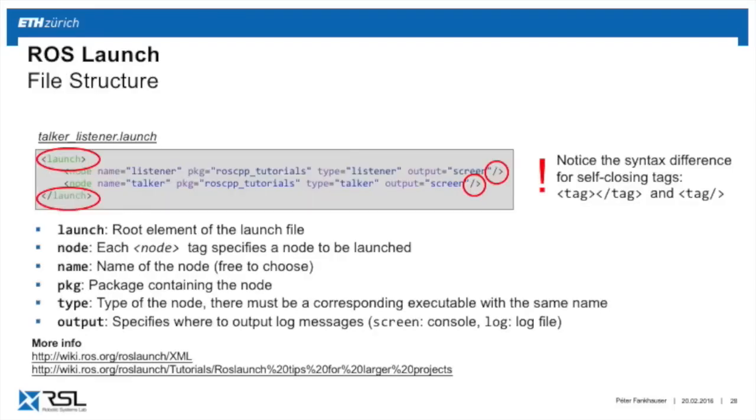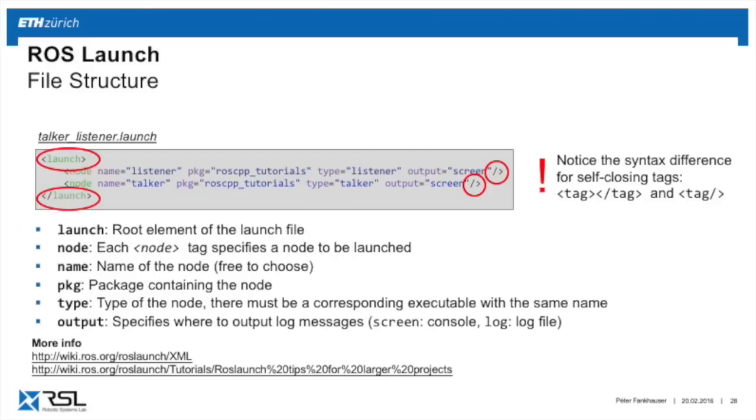Now, if we look at this listener and talker launch file, this is how it looks. You have at the bottom and the top a launch XML tag, and then you see that we have two lines to start the two nodes. Each node tag line specifies which node to run. It has the parameter name. This is an arbitrary name that you can choose, under which you want to run the node. And then the